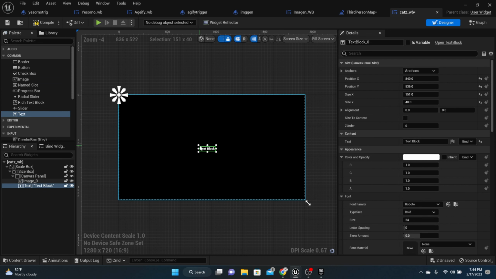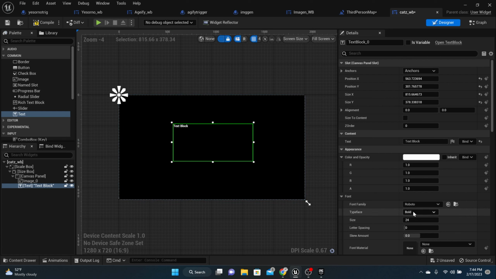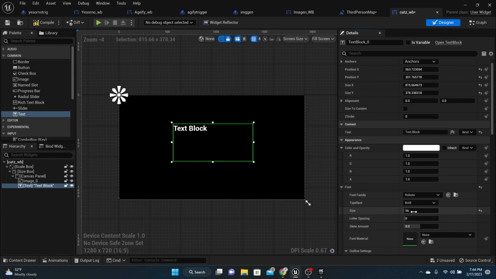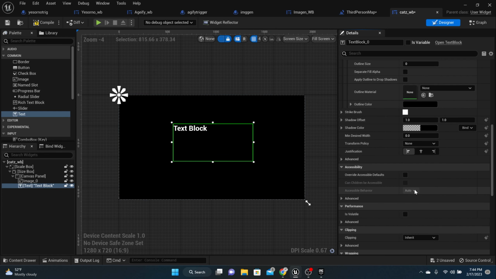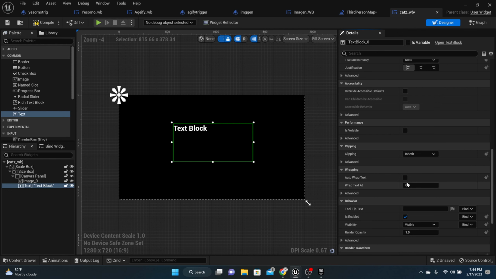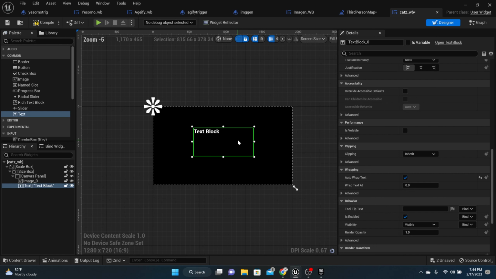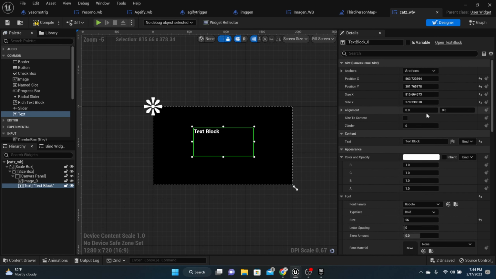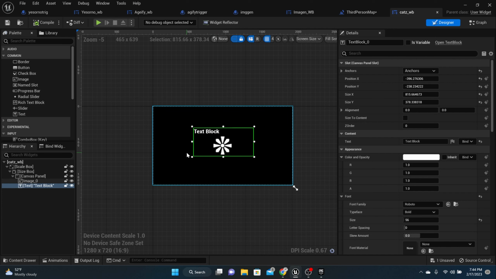So let's put a text block. Usually for my text block, I always try to size it as a good size. And then there's a button down here called auto wrap. That's what you really want to click for this. It's right here, wrapping auto wrap text. Click that. Make sure your text block is in the middle of your screen with the anchor. Boom. All right, cool. So now we've created this widget,